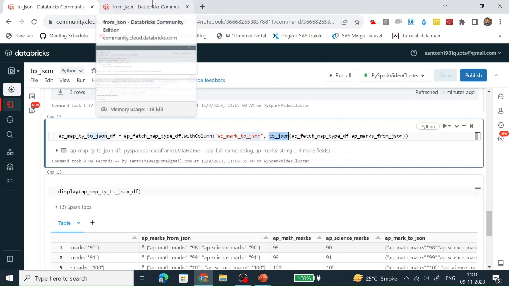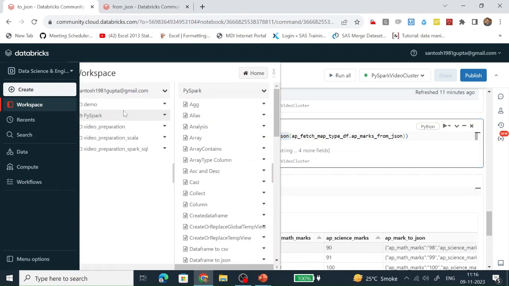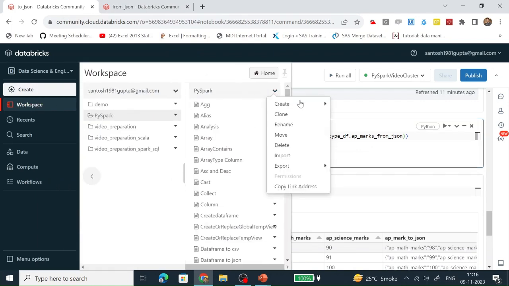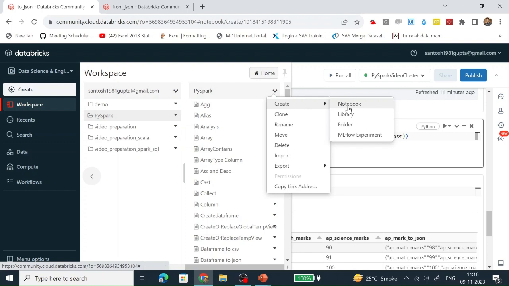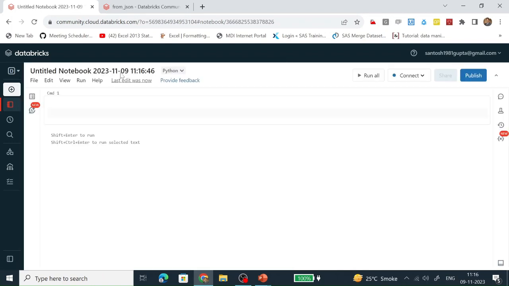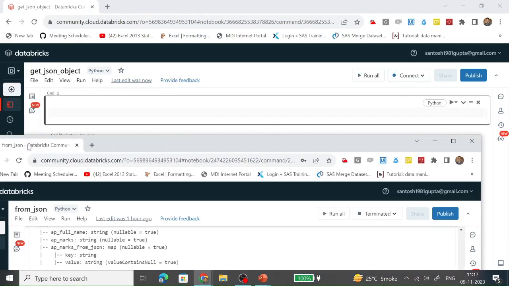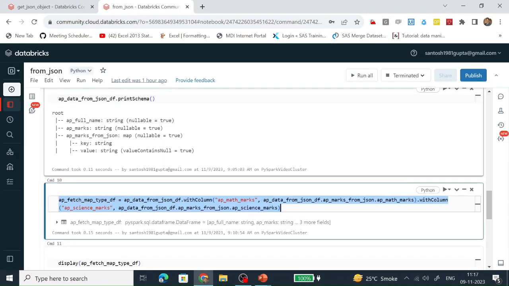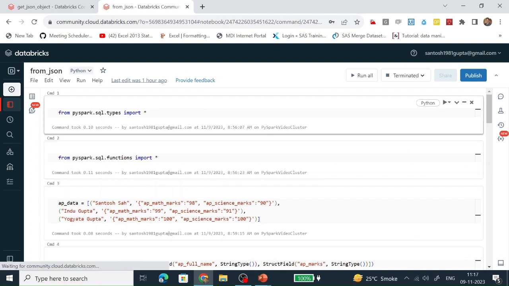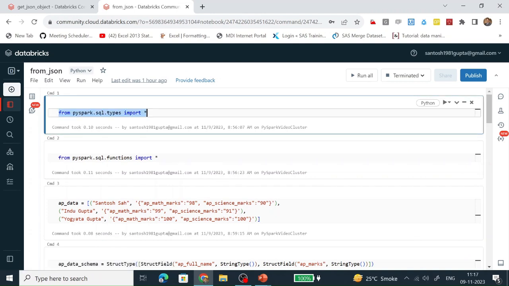Let's create one notebook and name it get JSON object. Let's copy the code from the exercise which we have done in my previous video.